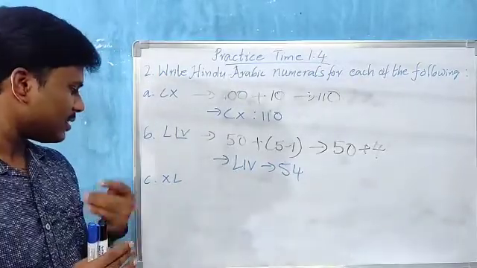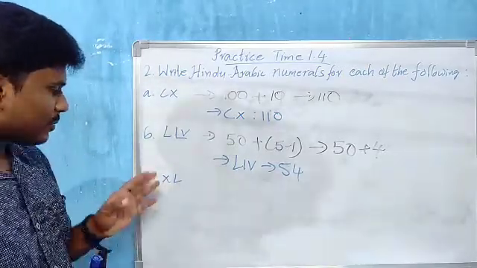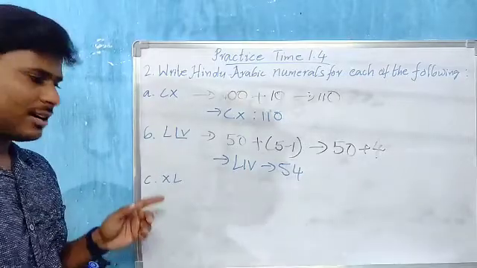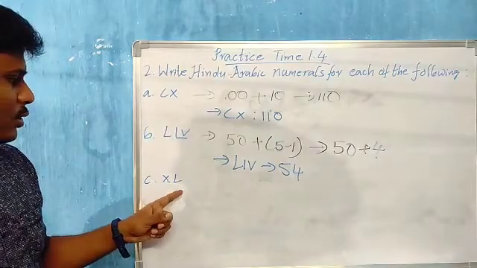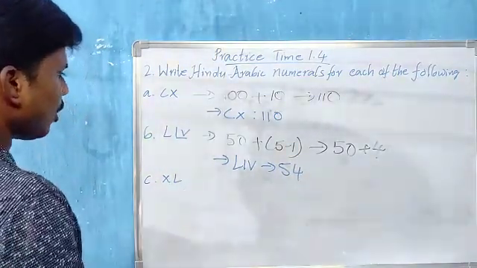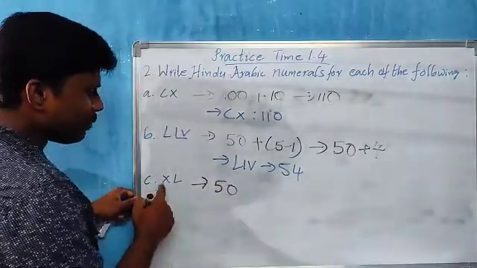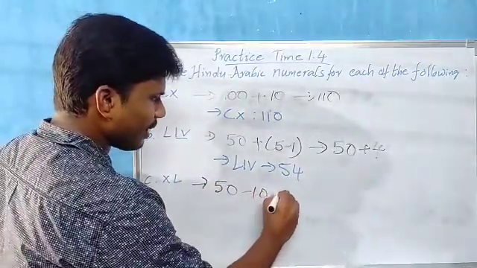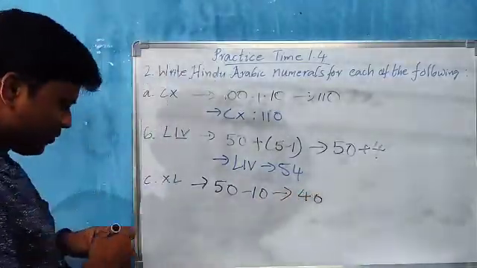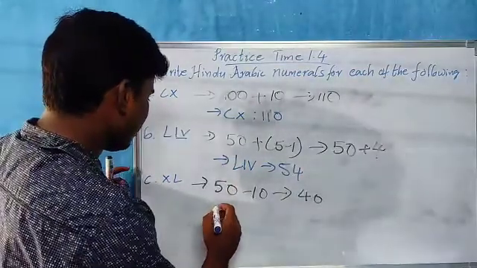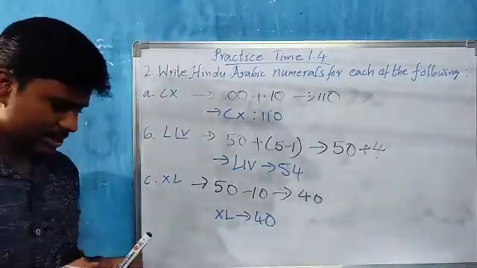Okay. Now see the question. X and L. What is the value of X, children? 10. L means 50. That means a symbol is written left of the greater value symbol, so we have to subtract from this greater symbol. So this value is 50, we know. So how do we write it? 50 minus 10, children. So 50 minus 10 gives us what? 40. So the Roman numeral conversion is like this. XL means what, children? 40.